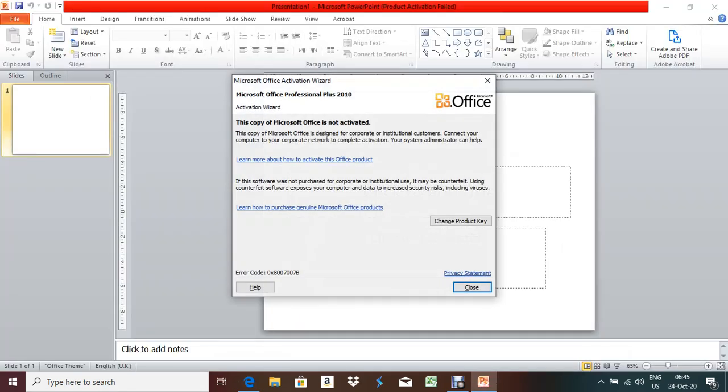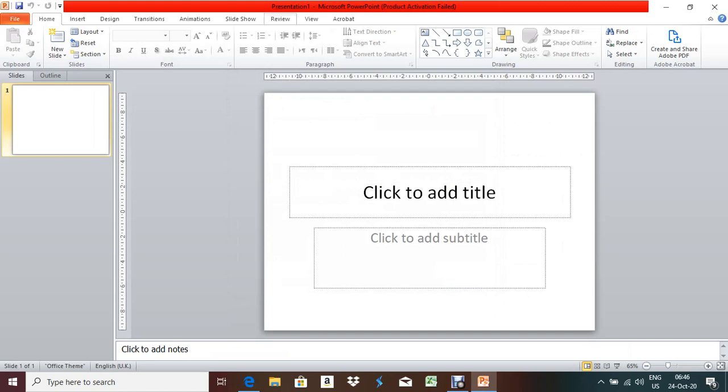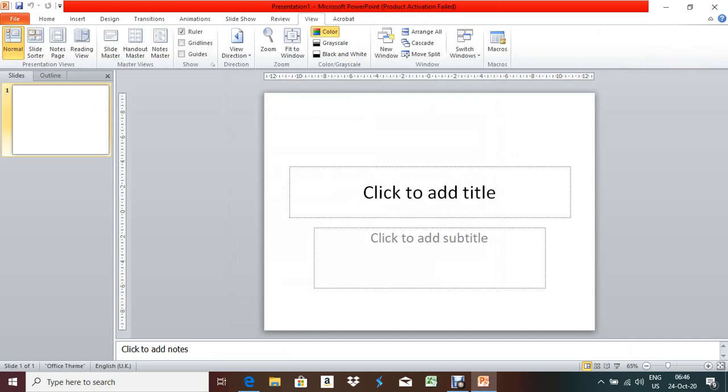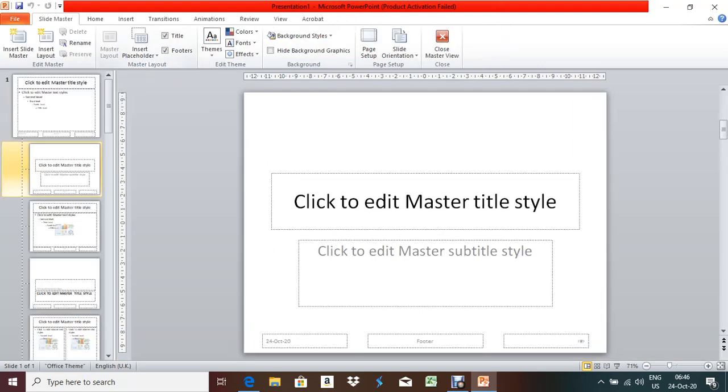For creating the master slide, this is your PowerPoint. So for creating the master slide you have to go to View and click Slide Master, this one. After that you see on the left hand side, the computer automatically selects the second slide, so you have to do all of your work using the second slide. That means using the second slide you need to design your master slide. Okay, so first of all what you have to do, you have to delete these 3 boxes. If we need these boxes we will create them.